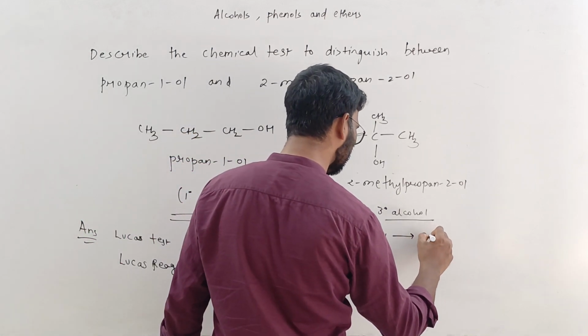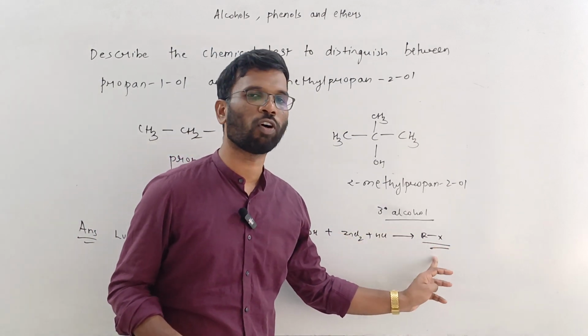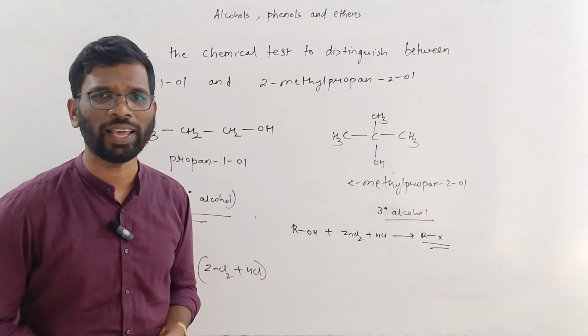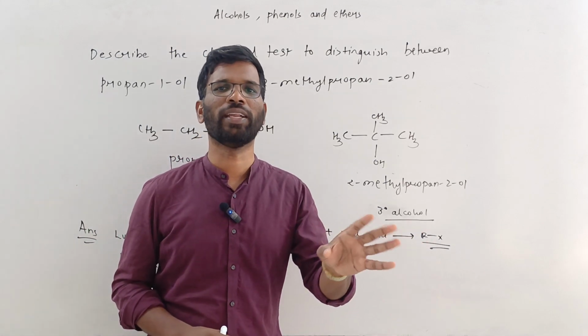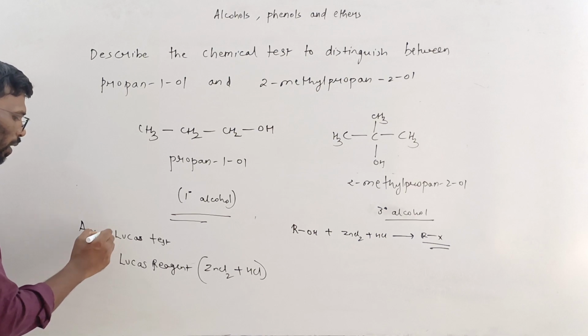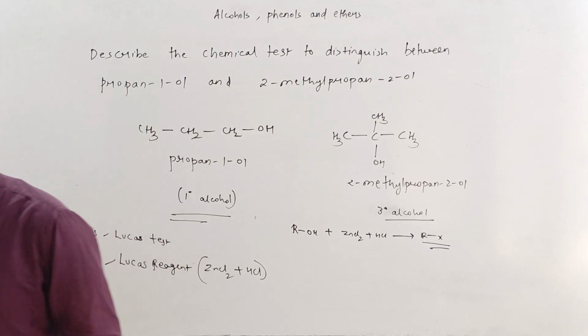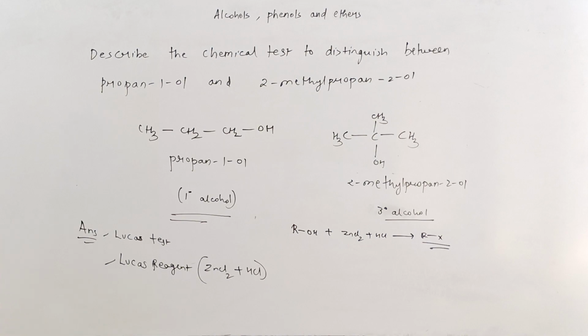In short, you take the alcohol and ZnCl2 plus HCl, and what you get is RX. This is turbid in nature. So the time required for the formation of this alkyl halide depends upon the degree of the alcohol. So this is the test, these are the answers. Lucas test, and if the reagent is asked, you can write ZnCl2 and HCl. Next question is